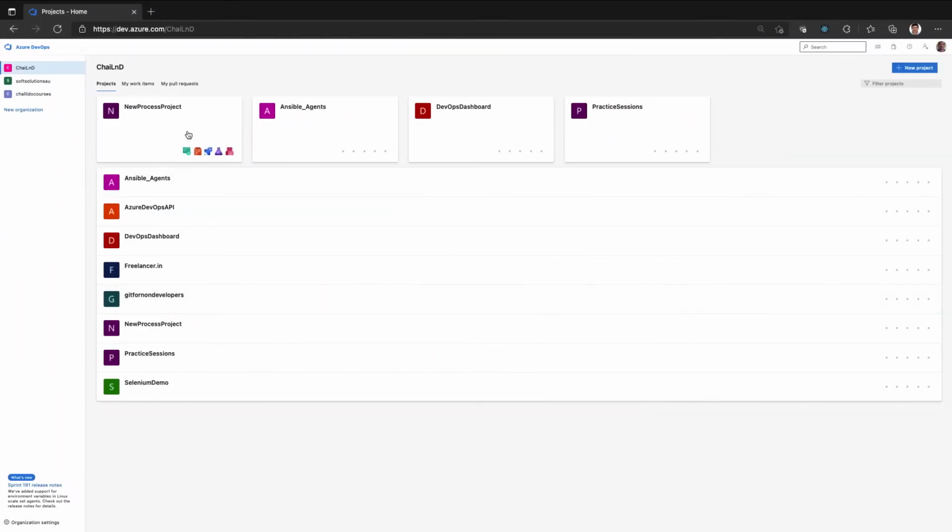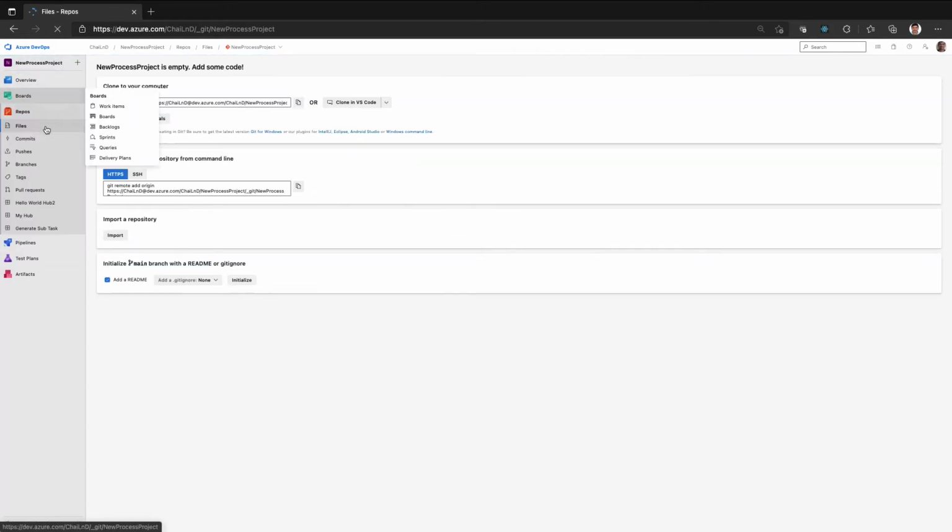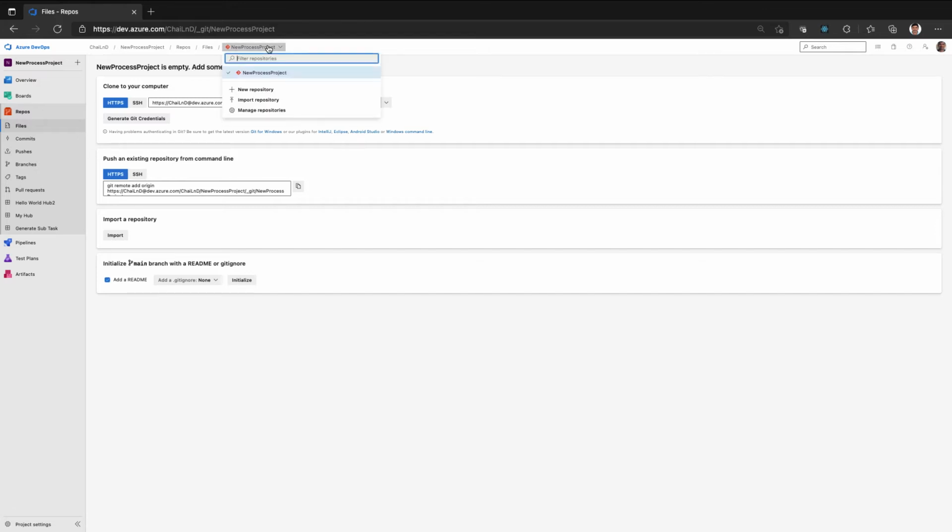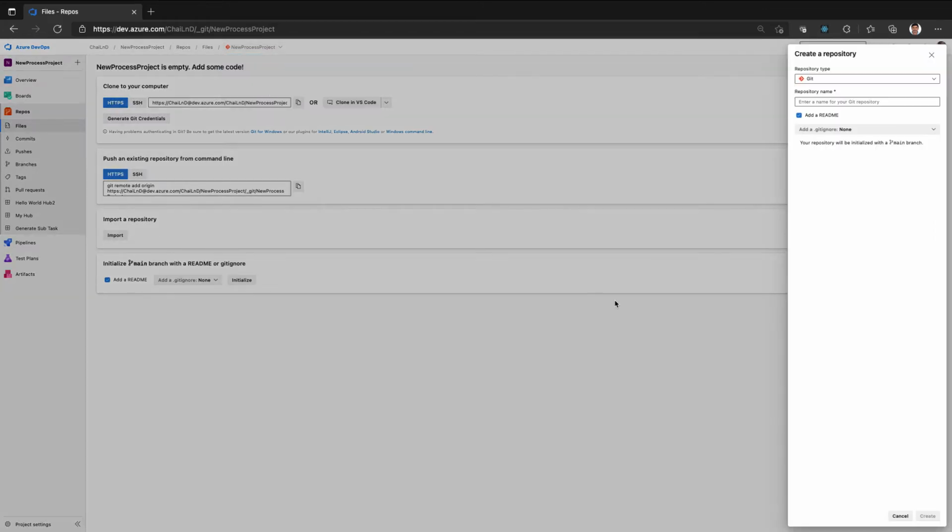So here I have an Azure DevOps and I'm getting into a project wherein I go to repos, and assuming you have the admin privileges, you will see the option to create a new repository. So here, as I said, you select Git and then provide a name, demo repo, and then you can add a readme file with a default text, or you can also add various other standard files based on the technology that you use. Example, if I select an Android, it will generate default Android related files